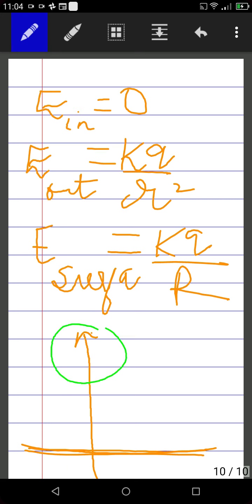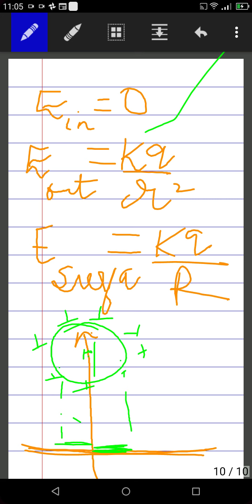This is the sphere. This is a conducting sphere, always remember, or we can take it as a shell also. At the center point or the inside, this is all inside points. That means for inside points we know the electric field is 0. So here the electric field is 0. Just draw the line here on the x-axis. Then E on the surface is kQ by R square and this one will be maximum.